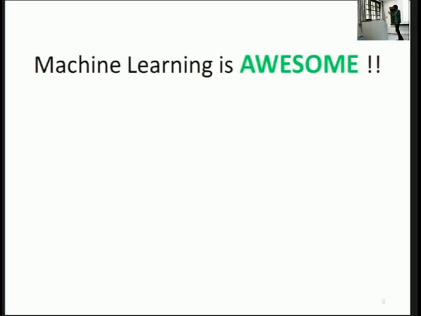For example, if you're just doing the application, you might feel you're missing some math, like cool algorithms and cool proofs. But if you only do the math, you feel you're missing out on the application. Machine learning has everything.